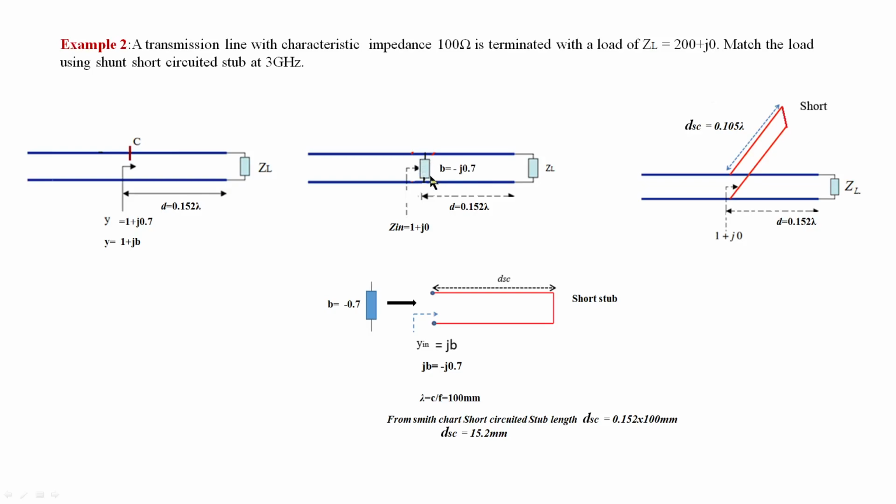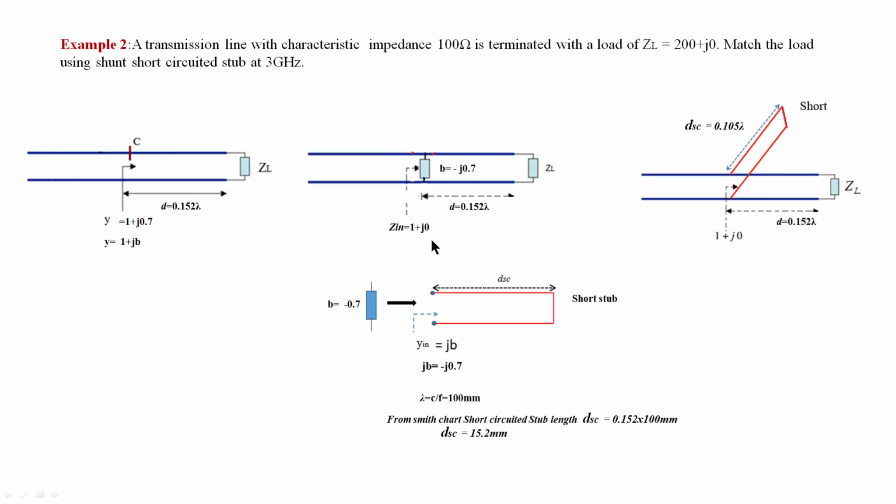You connect it like this as an external component. What should be the value? It should be minus j 0.7. This is a schematic. What happens here? This external component cancels the one existing here, and the remaining is 1. So that is our required normalized impedance, 1. Normalized impedance 1 means it is a matched case. So whenever the wave comes here, there is a matched impedance, and it delivers maximum power.